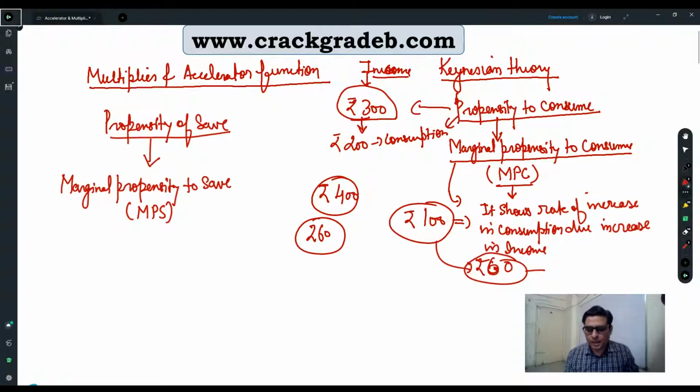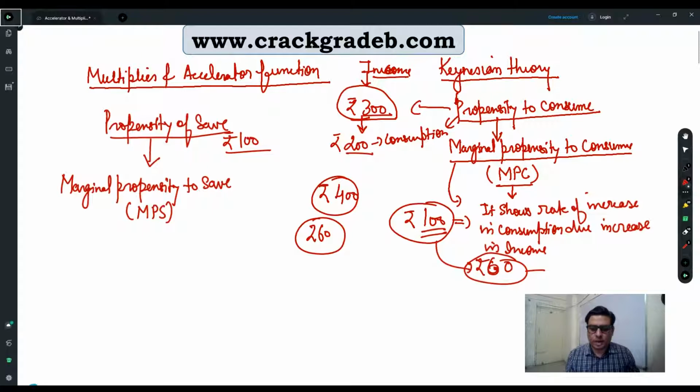So for example, here how much income was increased? 100 rupees income is increased. Earlier he was getting 300 and he was consuming 200. So if we take the same example, 200 is consumption, so propensity to consume was 200, so propensity to save will be 100 rupees. 300 rupees is income, 200 is propensity to consume, 100 rupees is propensity to save. So again, when the income is increased by 100 rupees,